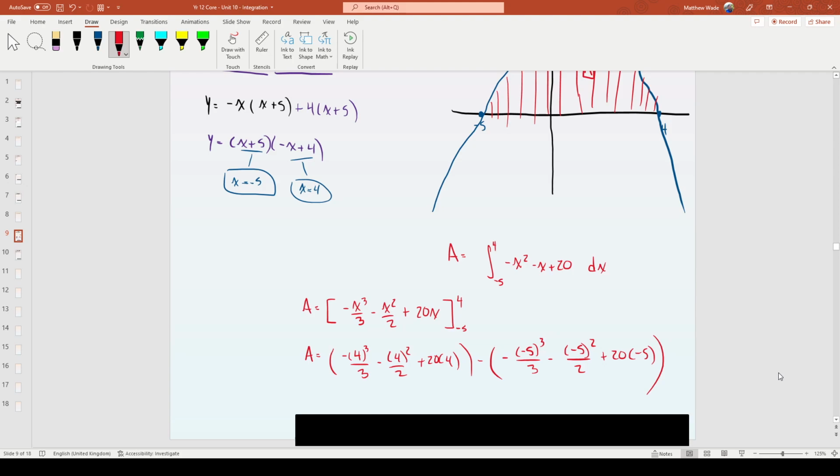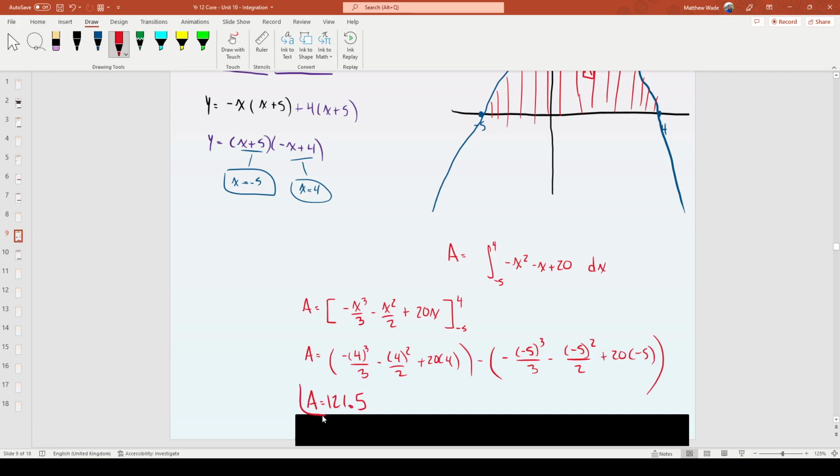Yeah, that's it. Plus 20 times minus 5. Close bracket, close main bracket equals, I got 243. Oh shoot, I got 243 over 2, which is 121.5. So I think the area of this is